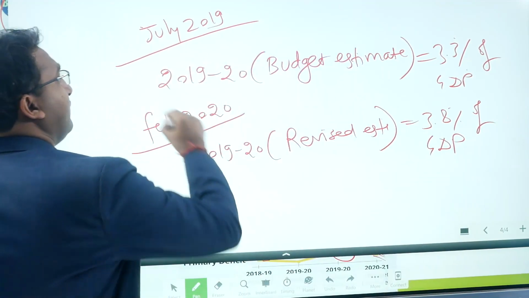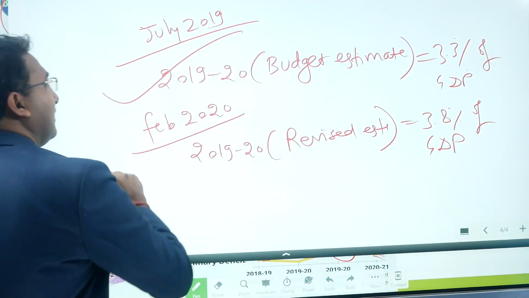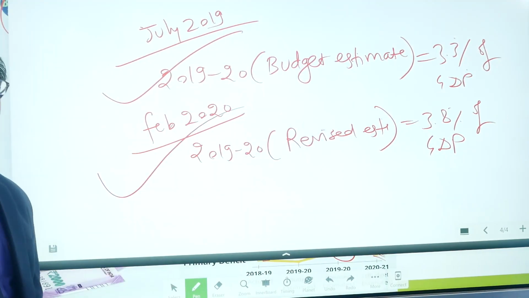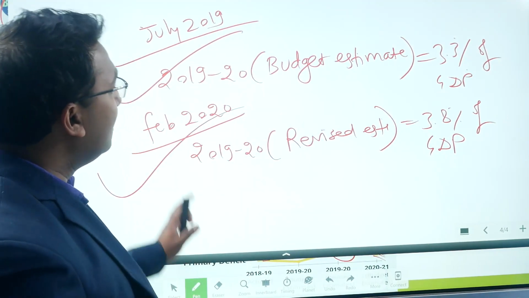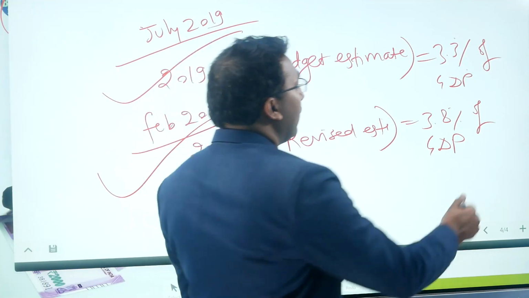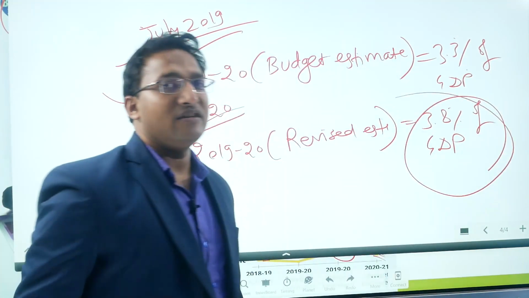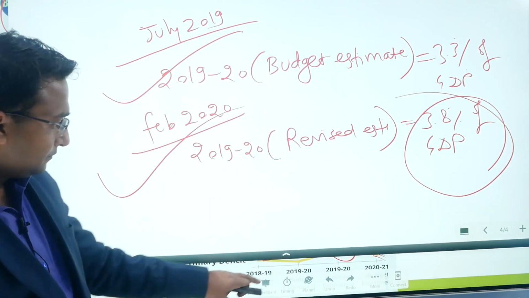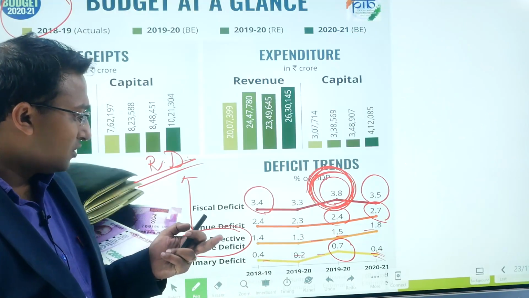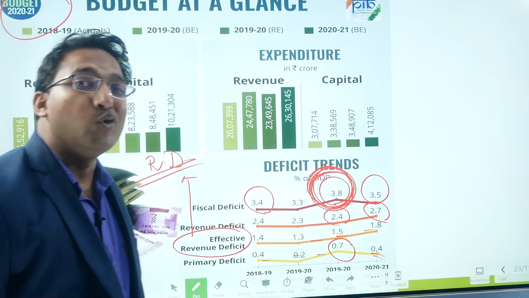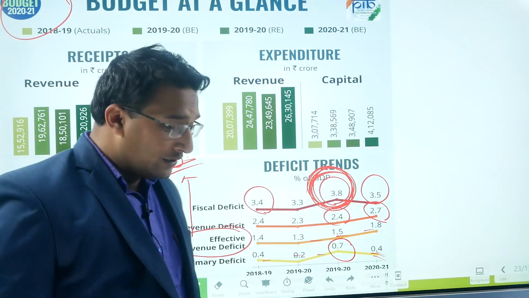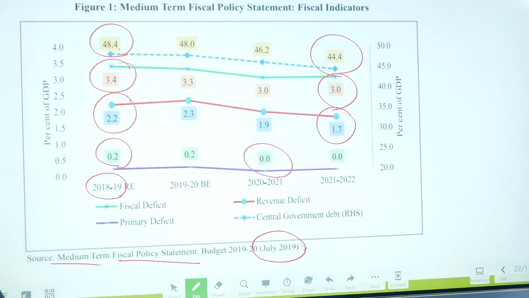So the economic survey is giving this figure and the budget statement is giving this figure. Therefore, there is a little bit of divergence you can see. So actually, the budget is going to be the real figure. So don't get confused. This is the purpose why I am discussing both the statements together so that you don't get confused.